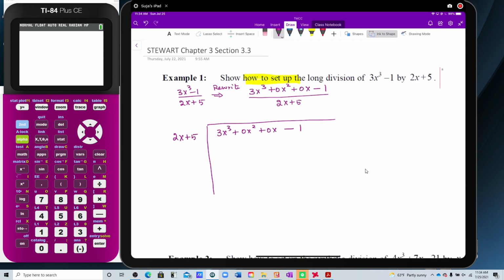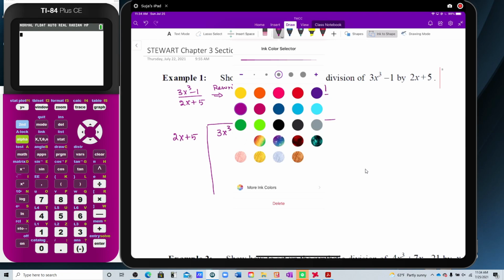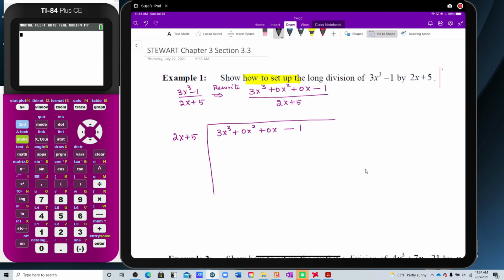Okay, so let me use a different color. I'll be using multiple colors here. The first step is I need to find what I need to multiply in the quotient. I'm looking at 3x cubed and looking at 2x, and in order to get a 3x cubed, I need to multiply 3 over 2 x squared to the 2x. After choosing that, I will take the 3 over 2 x squared and multiply this entire quantity 2x plus 5,